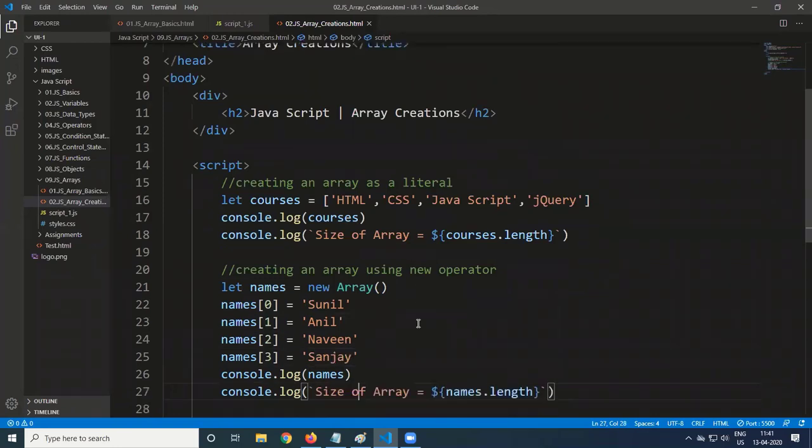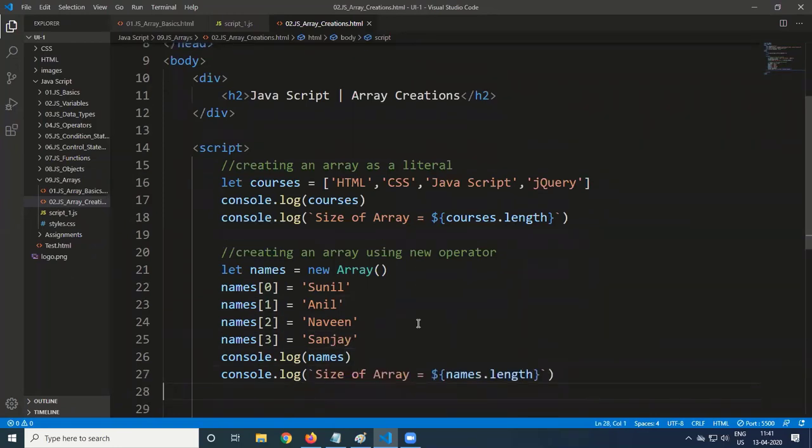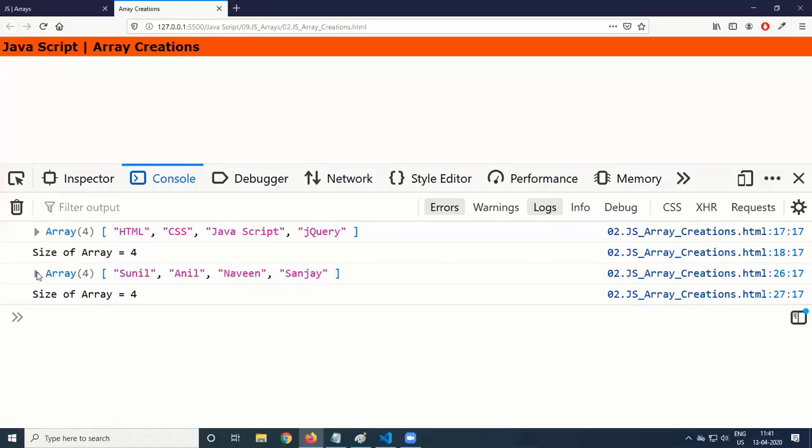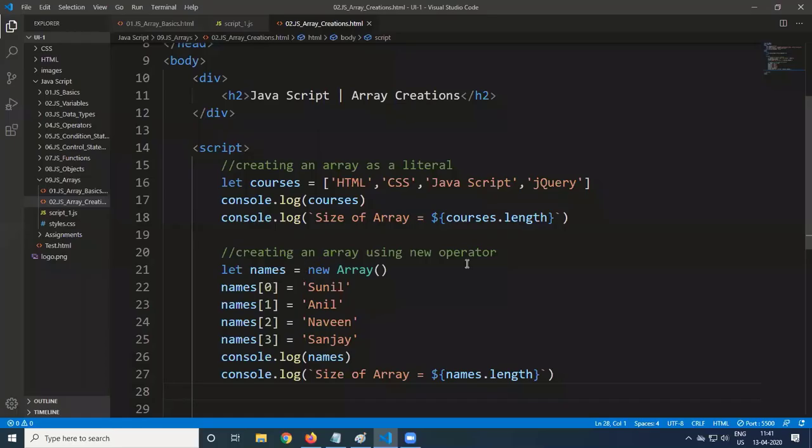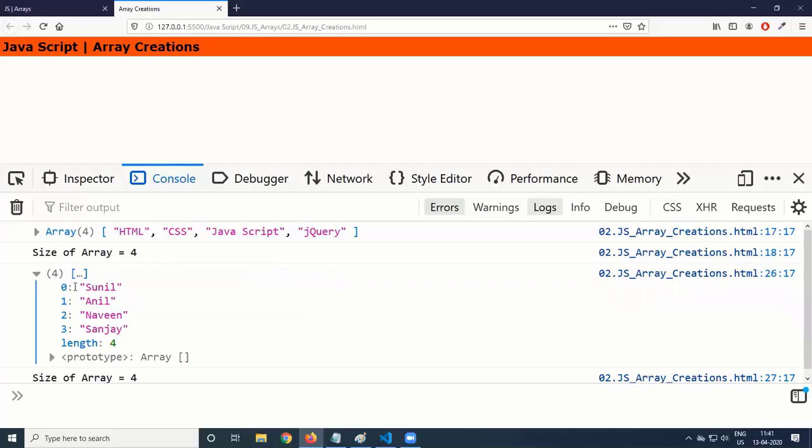So these are all the values we stored. Console.log names, and size of array is names.length. After creating an array, we assign the values so that the length becomes 4.